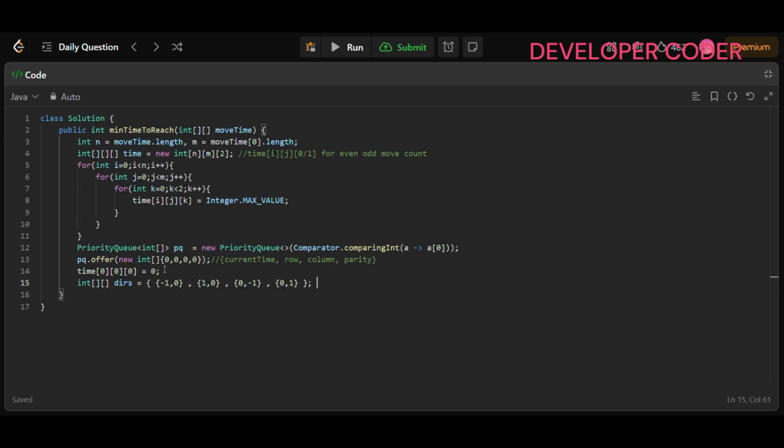So here let me just add up, down, then we are adding left, and then we are adding right. This is done, right? So this is the basic setup. Now we have to just run one while loop like yesterday. So while my priority queue is not empty,